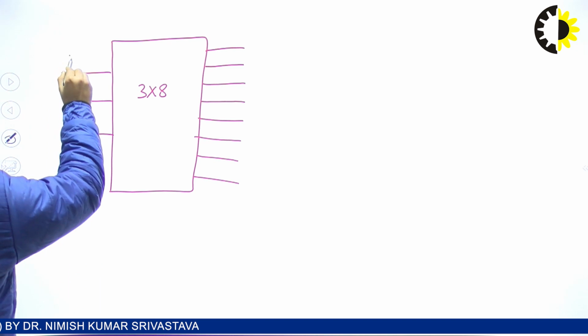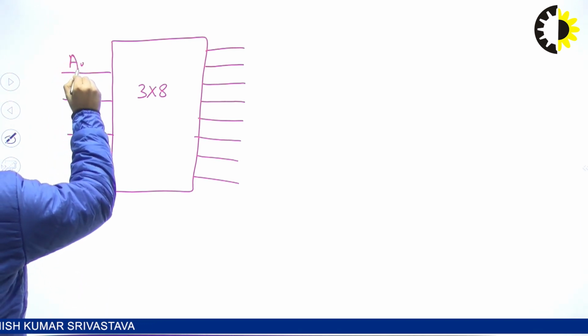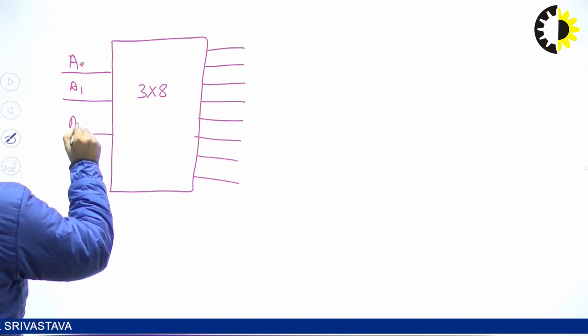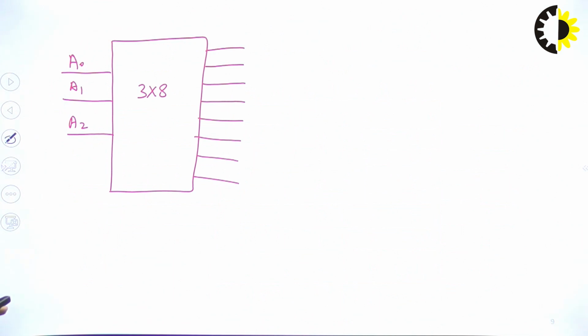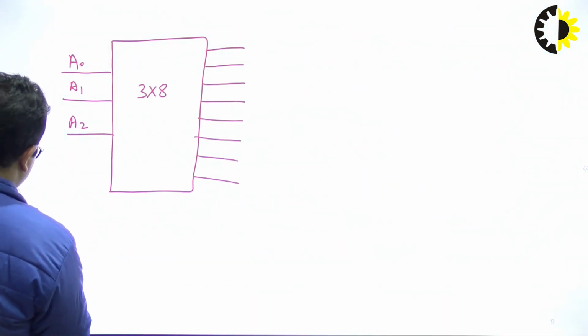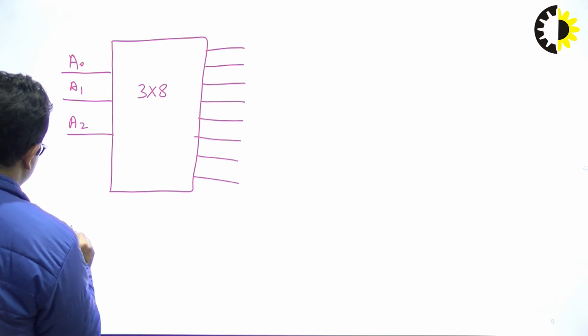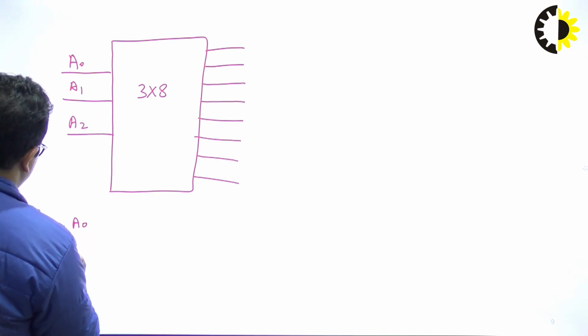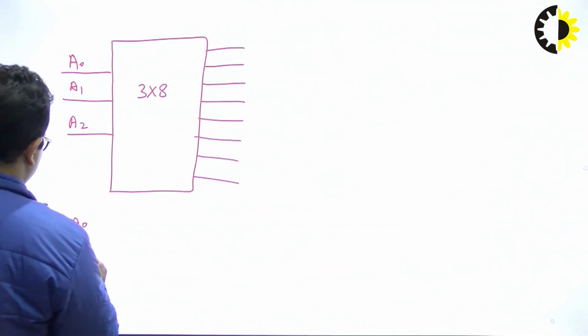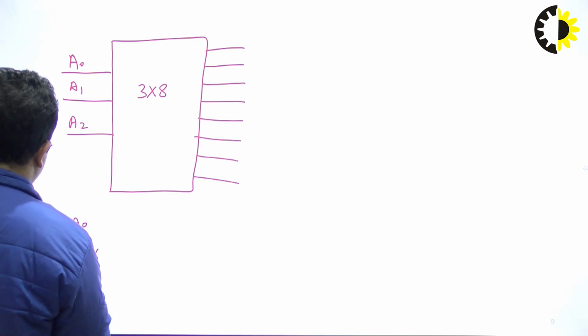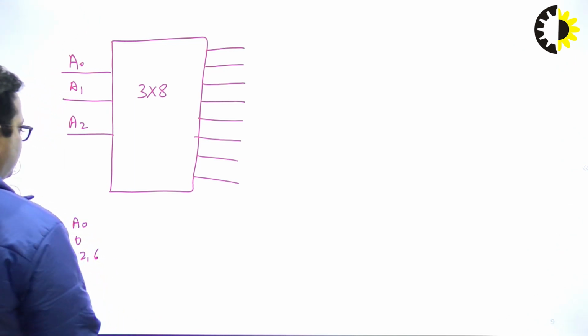So this is your A0, A1 and A2. Now let us first write the values that we have used. We know that B0 equals A0, B1 equals 0, B2 equals 2 and 6,